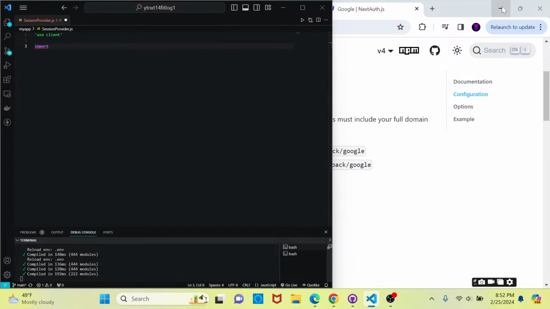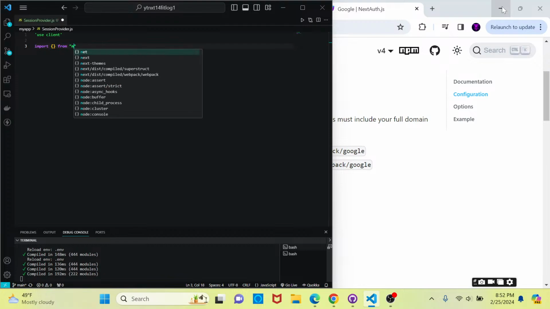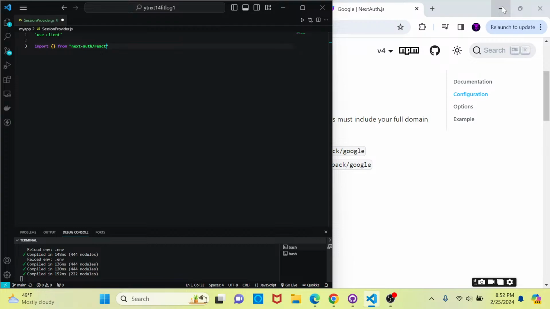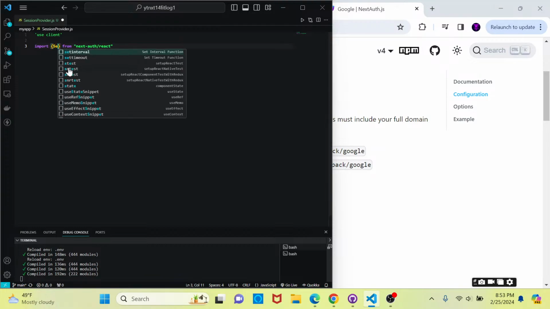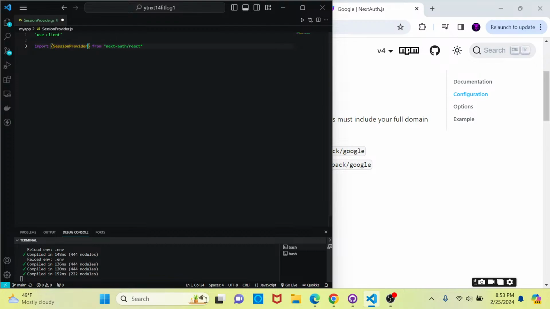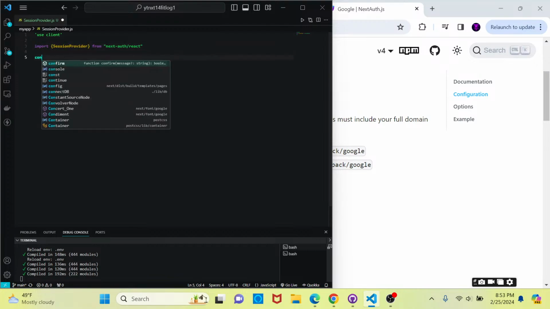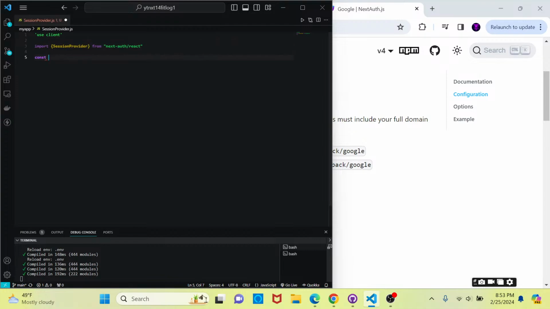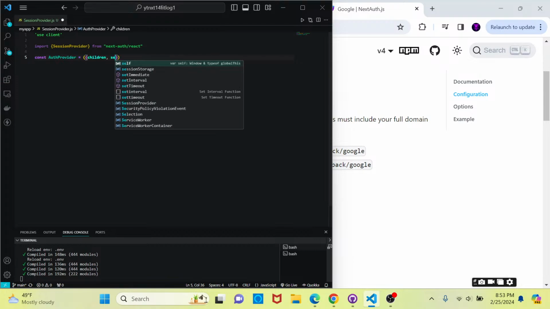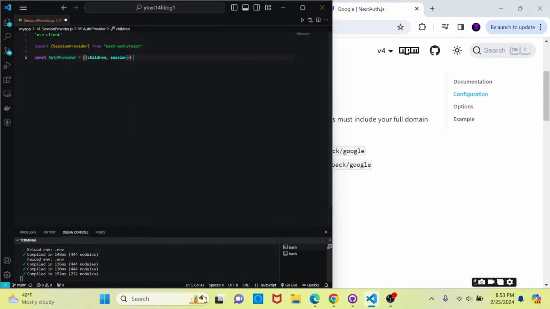And then we want to import, and we can go brackets, and let's just go from next-auth/react. And what we want to import is SessionProvider, and we'll go const AuthProvider. That's what I want to name this, or the wrapper, and we're going to pass in children and session, and